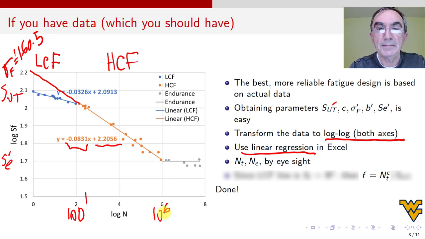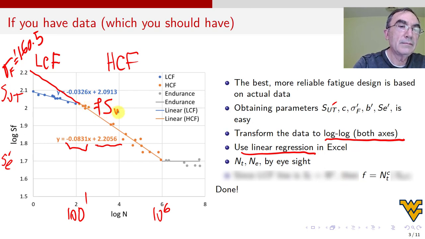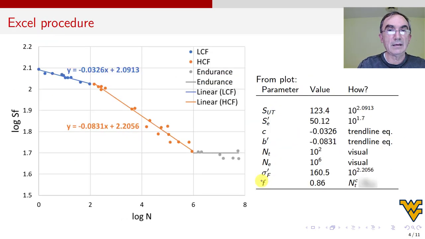Okay, and then what about f? For that point we need f Sut. Well, it's easy. We get Nt to the C, once we decide what we want to put for Nt, let's say 200, to the power C, which we already calculated, and that gives us f, and done. It's super easy, okay? In the next slide, I will show you the results.